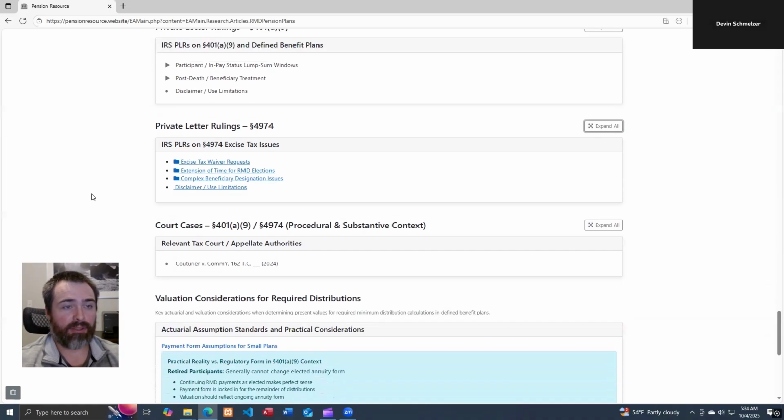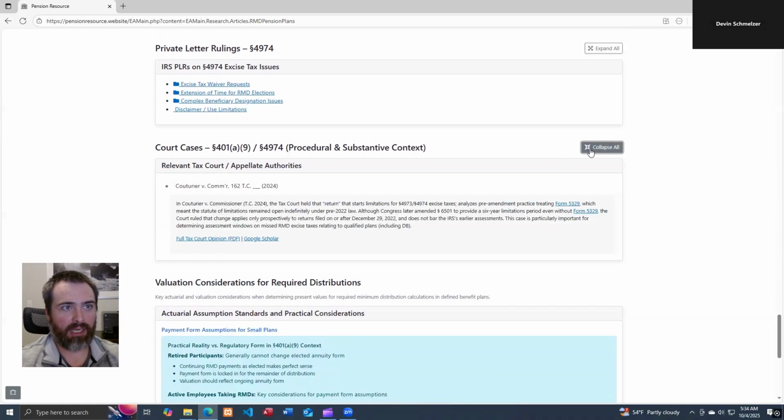The one court case that I found with regards to 4189/4974 and related to defined benefit plans is this court case here. And again, this is specific to defined benefit. I was trying to hunt in on that topic to get a little more guidance on any gray area. But the only gray area this court case provided was that the judge argued the statute of limitations clock began to tick once the Form 5329 was filed. And since there was no Form 5329 ever filed for this case, it left an indefinite open window for when the IRS could